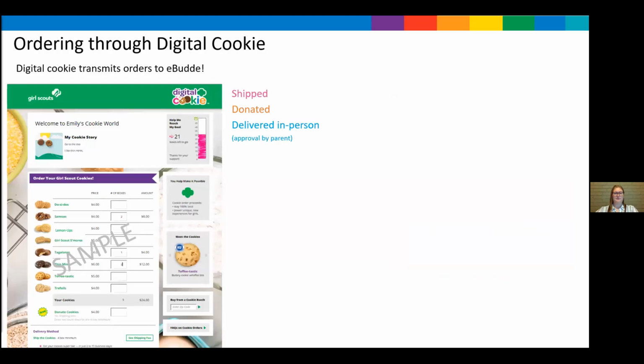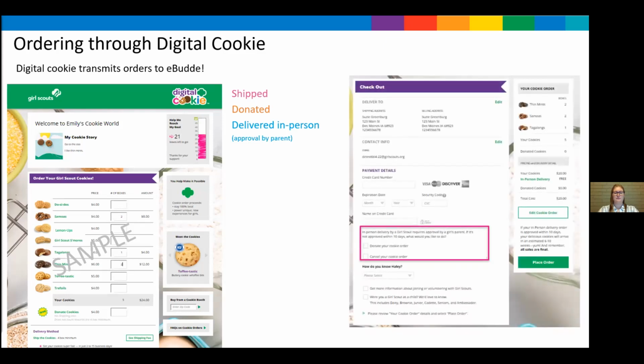This is a sample of what the site would look like from a customer's perspective. Once they get the Girl Scouts email, they can see how she's tracking towards her goal, and there's easy entry of the boxes that they'd like to order. Again, they'll have options for shipped, donated, or in-person delivery. And you'll see that in that next screen